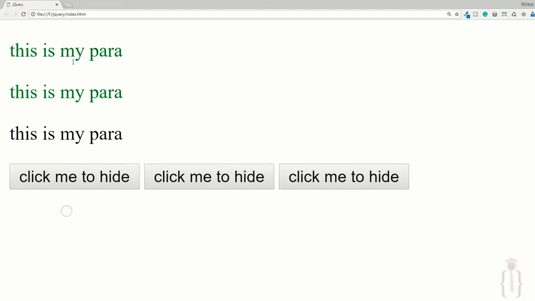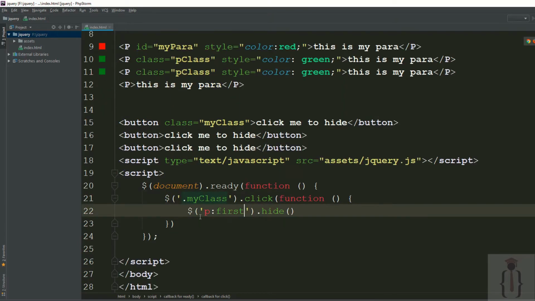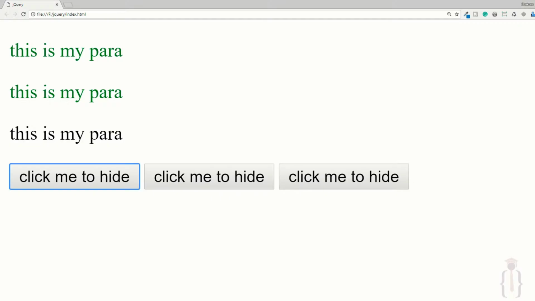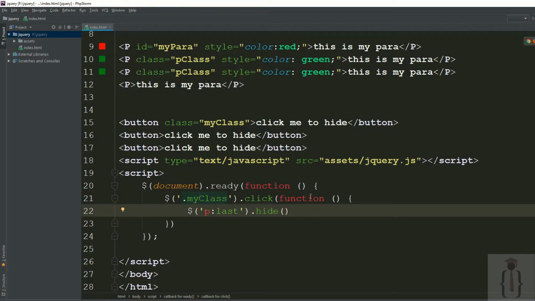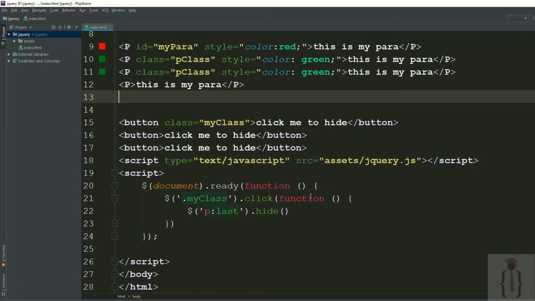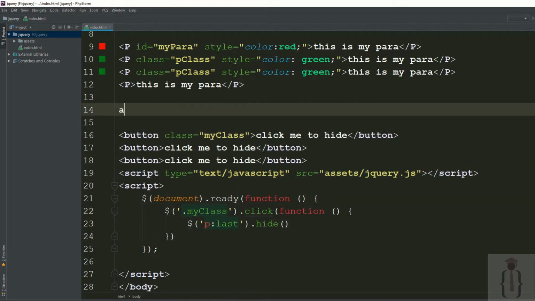Click on this, it's hiding the red one because you are selecting the first paragraph. Or you can also say the last paragraph. Click on this, this is the last paragraph. And you can also use first child, href, and other things. Suppose you have a href here, I'm saying anchor,